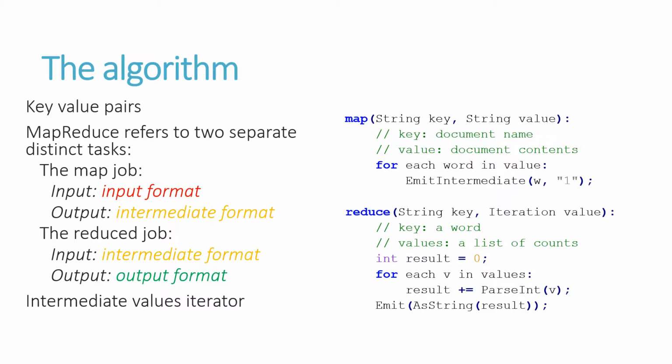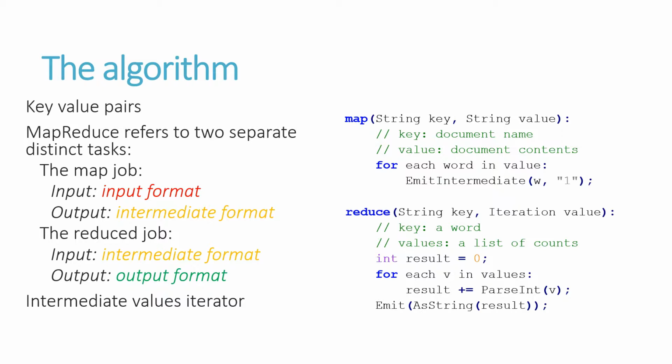Map happens first, and the input to the map stage is the input of the entire problem, and the output of the reduce stage is the output of the entire problem. The data is transmitted in the intermediate format from the end of the map stage to the beginning of the reduce stage. The data here is all stored in key value pairs,